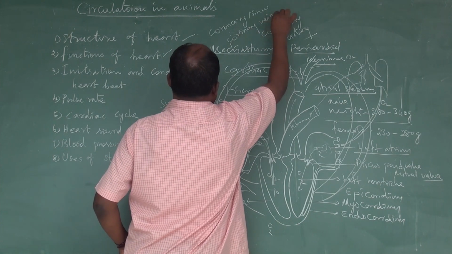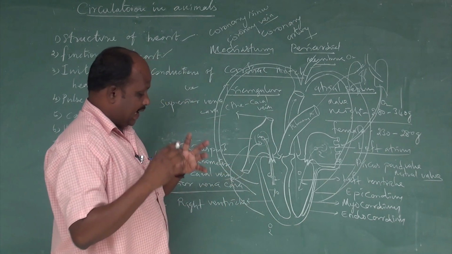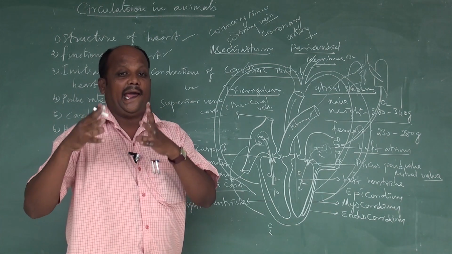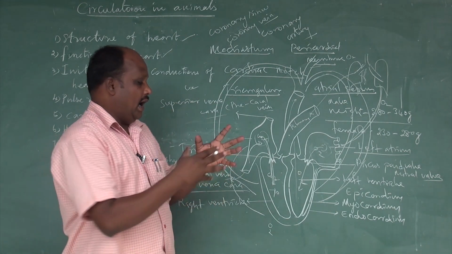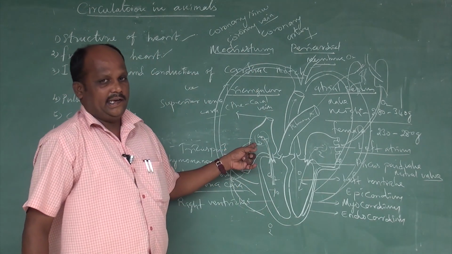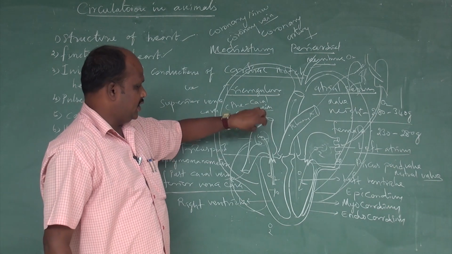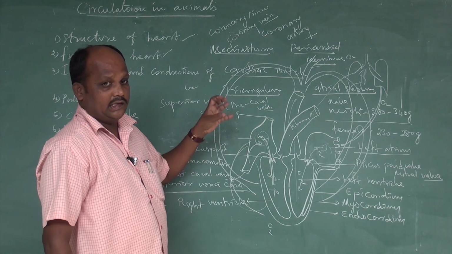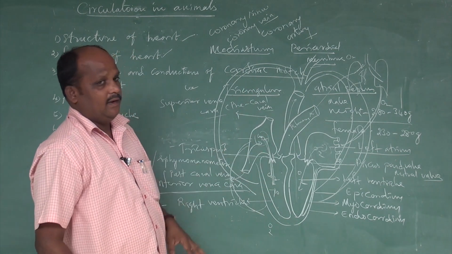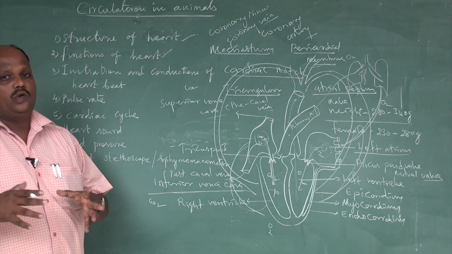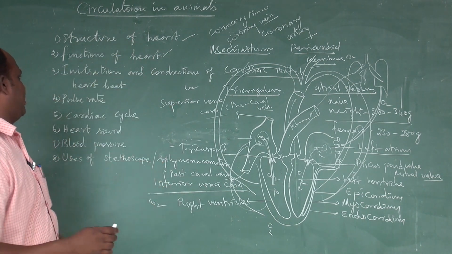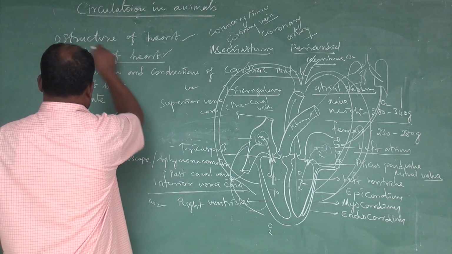The coronary sinus or coronary vein collects the CO2 blood, which means deoxygenated blood, from the heart muscles. The collected blood passes to the right atrium. So the right atrium is the receiving chamber, and it receives the CO2 blood. Again they go through that sequential event, which is called circulation in human beings or circulation in animals. That is the function of the heart. So the 2 topics are over.